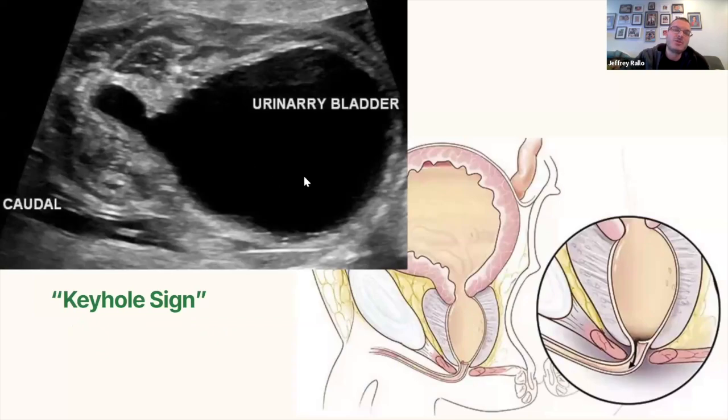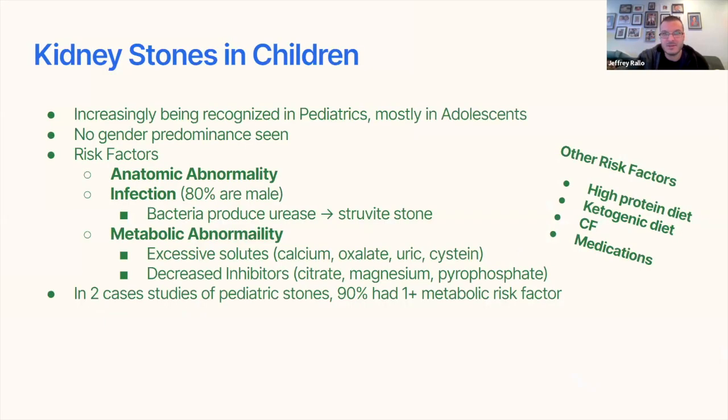On the bedside ultrasound or formal ultrasound, this is what the keyhole sign is. You have the bladder, and then this is the very first part of the proximal urethra here. You'll have the obstruction, and you'll see this distension here, which is the keyhole. It's like putting a key in a lock: that's the little keyhole part, and that's the rest of the bladder. So yeah, if you ever see that in the setting, it works.